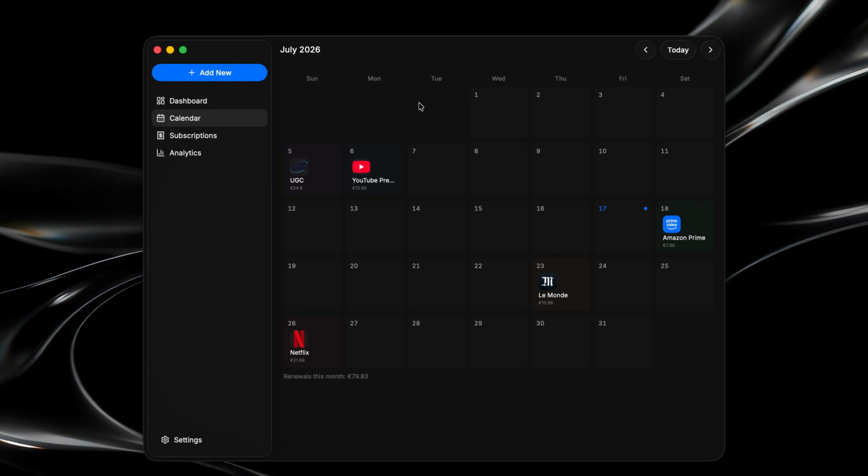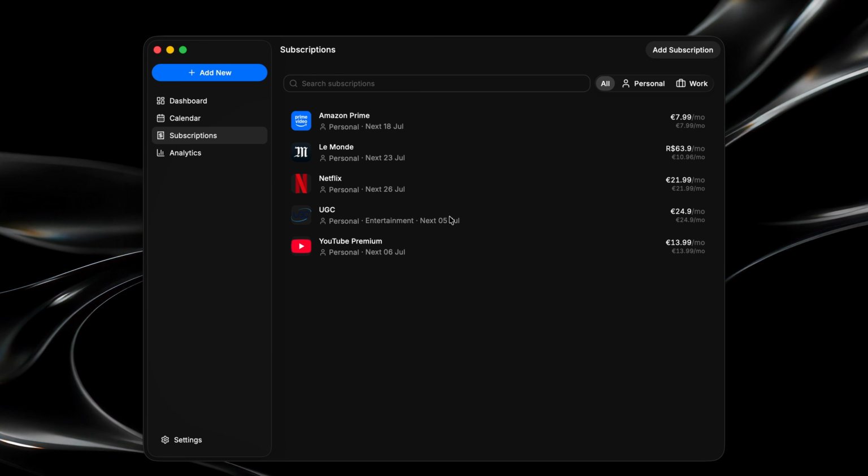This is quite nice because it also comes with a calendar view that allows you to see when each of these subscriptions will renew. And overall, I think it has a very nice, clean design. Very nice. No comments. This next one is Cloudflare Drop, which was built by Brandon, who actually works at Cloudflare,